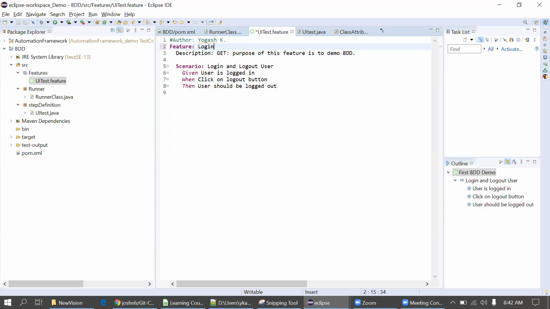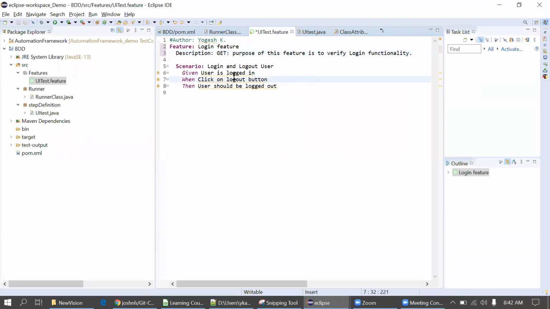I will put Login feature, and then the description: the purpose of this feature is to verify the login. Like that, I can put the description: verify login functionality.